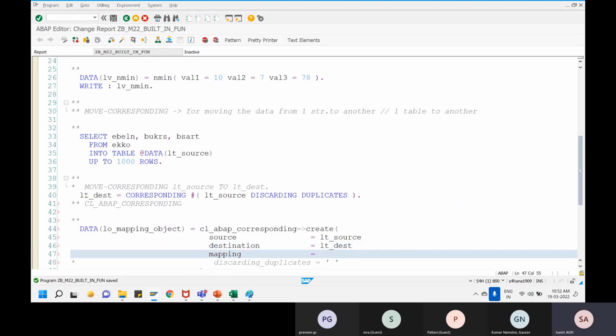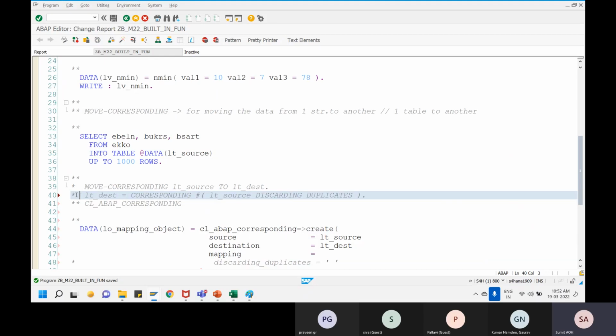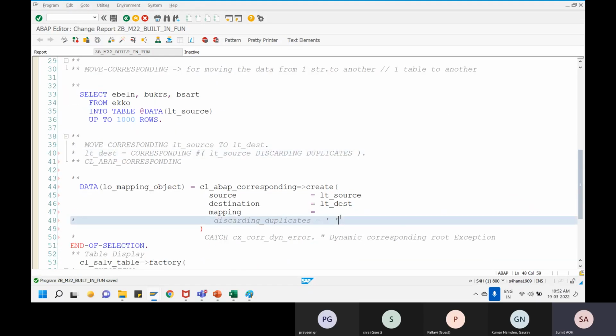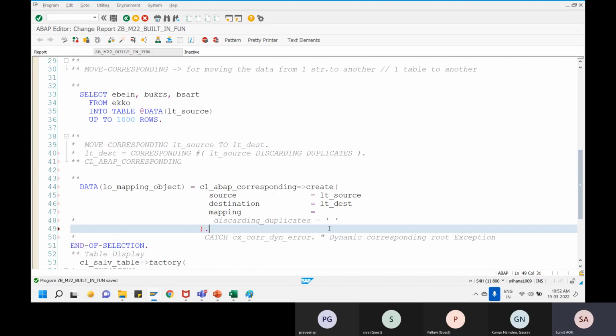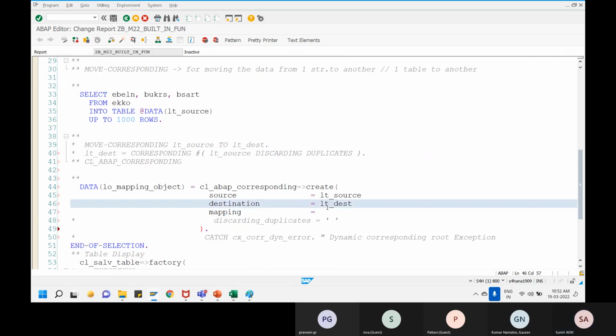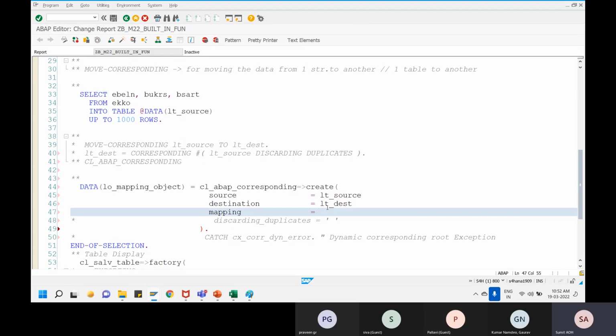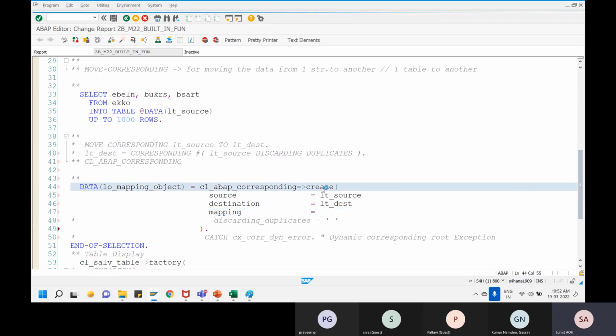Like we had a discard duplicates option in CORRESPONDING, we also have that option. So while doing the mapping, if you want to give the provision of discarding the duplicate values while movement, that is also very much possible. Now, for the mapping, you have to define the mapping of a source column with that of the target column. So what should I pass here as an input? If I go inside the create,